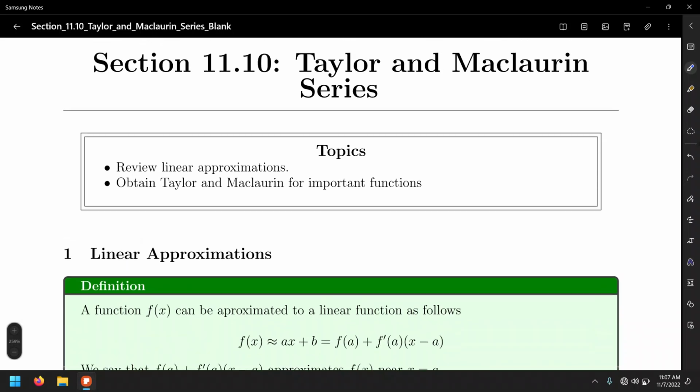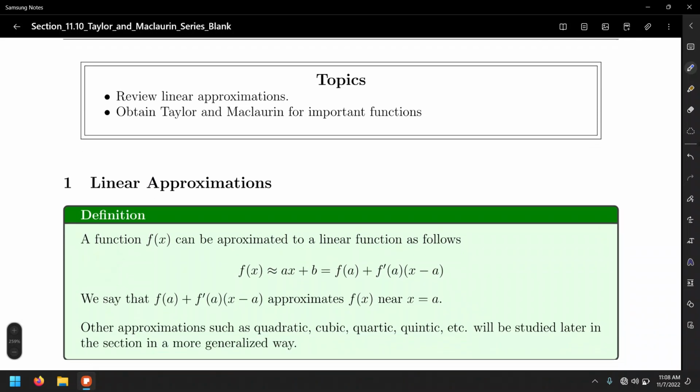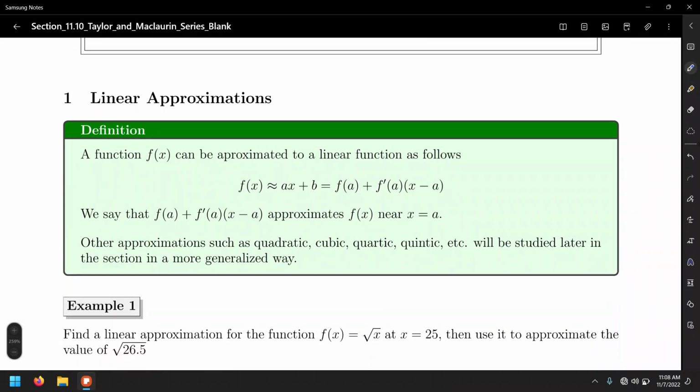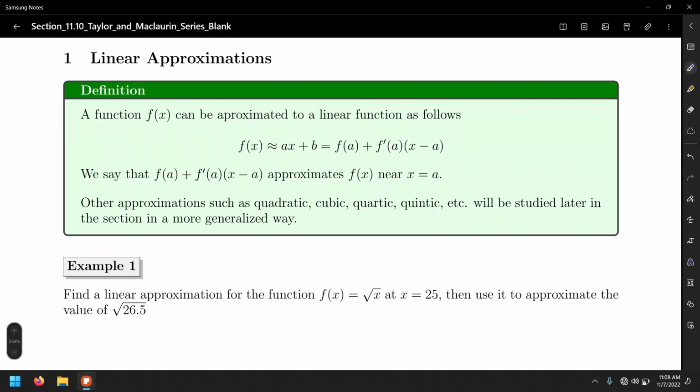So before looking at Taylor and Maclaurin series, it's important to review what you know so far about it. And yes, believe it or not, you have already done a little of this back in Calculus 1. However, in Calculus 1, you did what we call a linear approximation, for which pretty much every function, you name